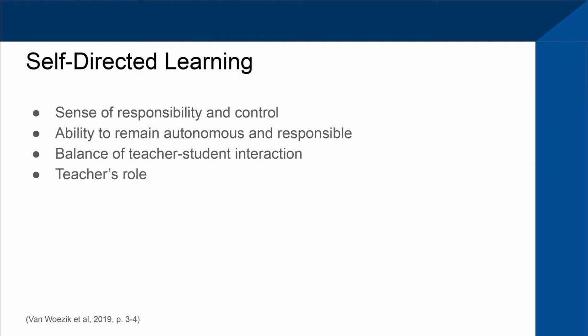Researcher Van Wozik and her team identify 4 common barriers that stand between students and achieving self-directed learning. First, the student's sense of responsibility and control. Does the student feel education is something they should take seriously? Do they feel in control, as if they could direct the course of their education if they wanted to? Examples of this include a student's dedication to their studies, their willingness to explore during free-form assignments, and whether or not they feel comfortable diving deeply into one particular subject area or topic if given the opportunity.